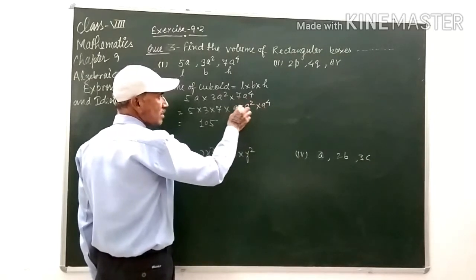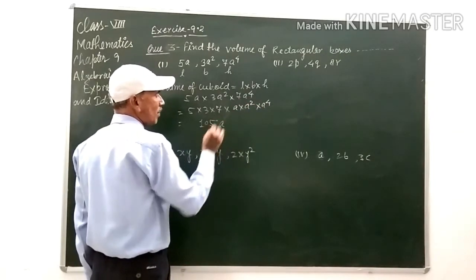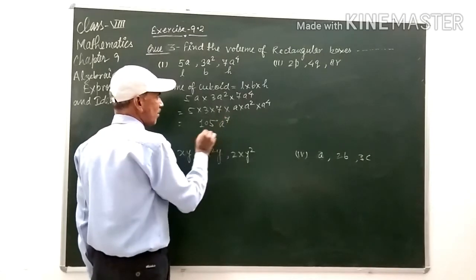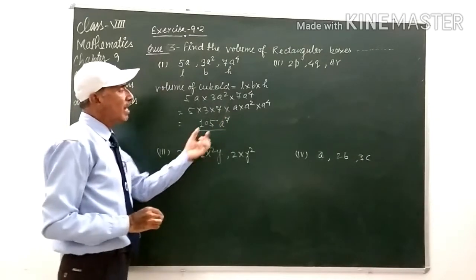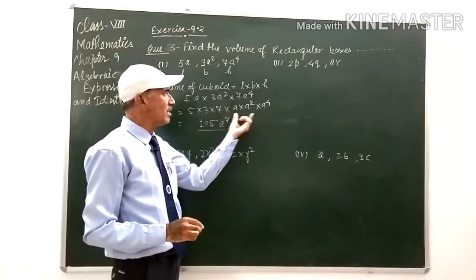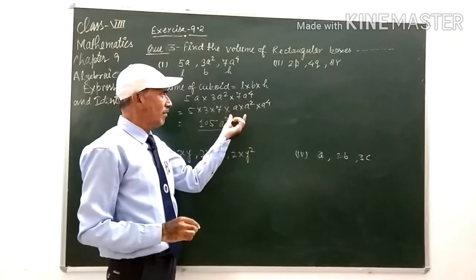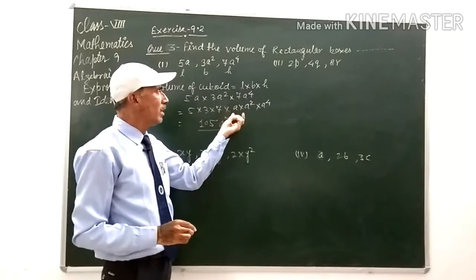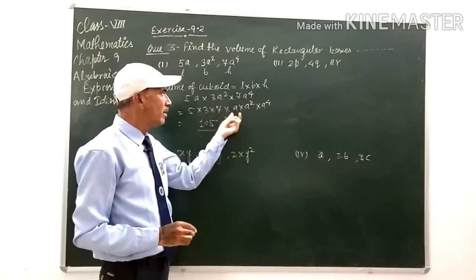a into a square into a to the power 4, that is a to the power 7. Clear student? If there is a multiplication between the same variable, then we have to add the